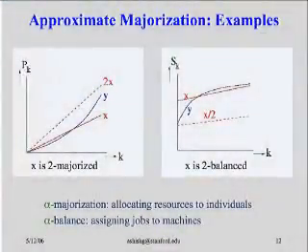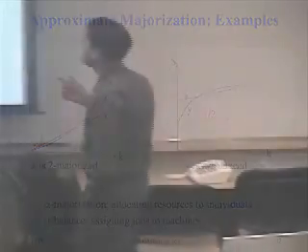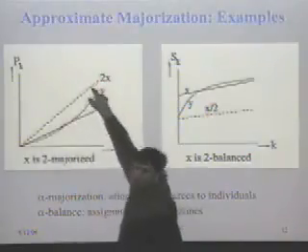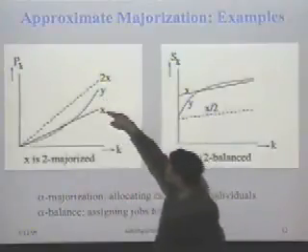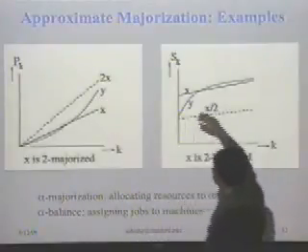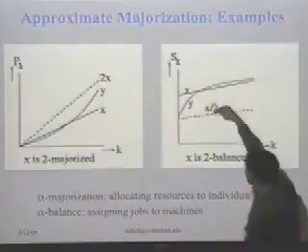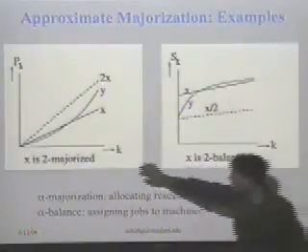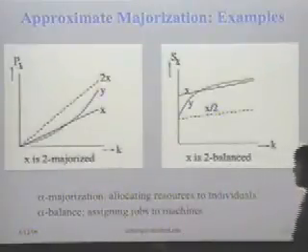And so you can define something called, instead of alpha majorization, alpha balance in terms of the suffixes, but I'm not going to go there. So you can define it and make sense, but here's what it means now. If I take x and I multiply it by 2, then if the prefixes are always above y, then I'm going to say that x is 2 majorized. And similarly, if I divide it by 2 and the suffixes are always below y, then I'll say it's 2 balanced. But in this talk, I want to focus just on 2 majorization.